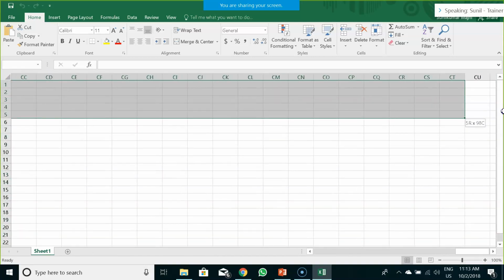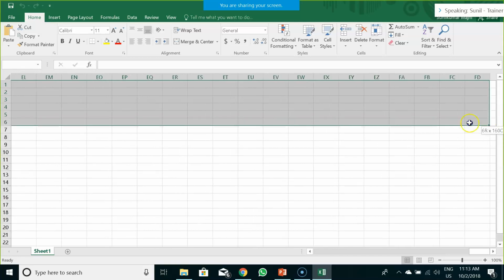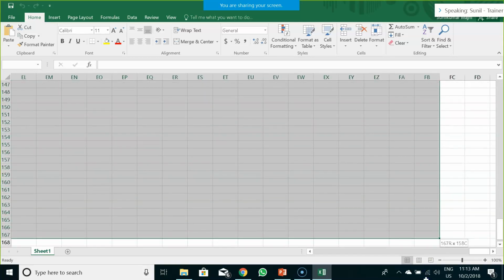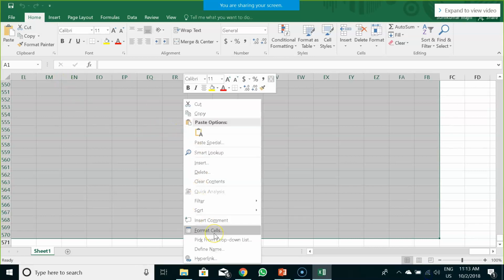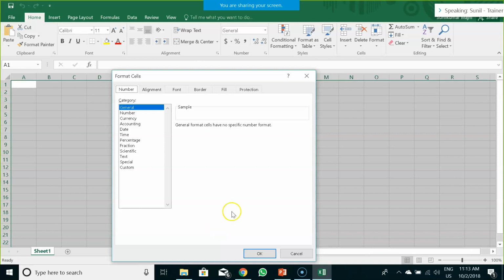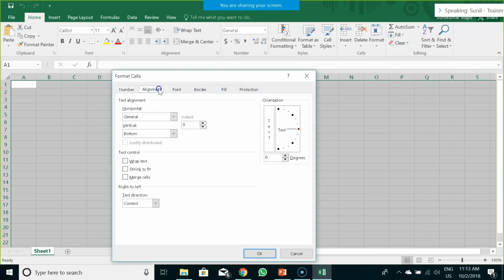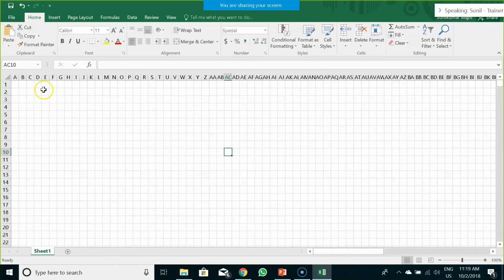So for that, we would select these cells, a specific cell. After that, we would go to format cell. We took the column width.